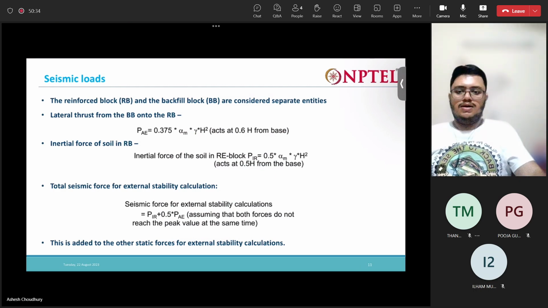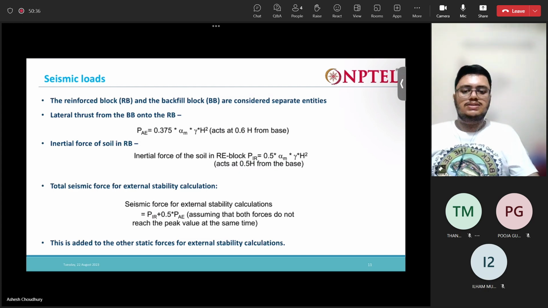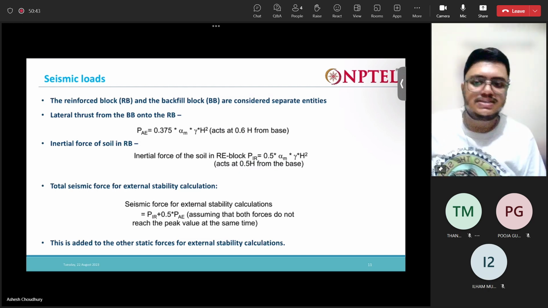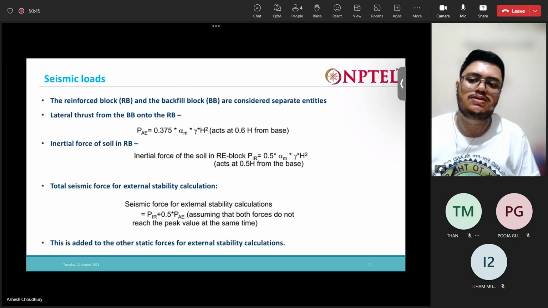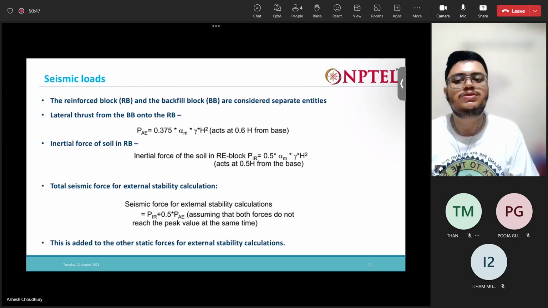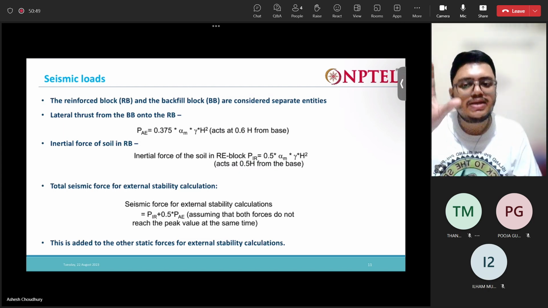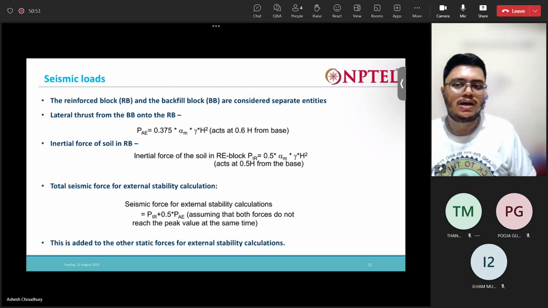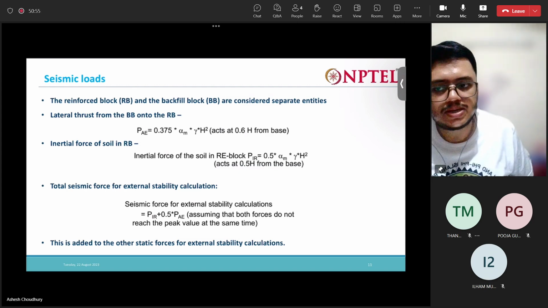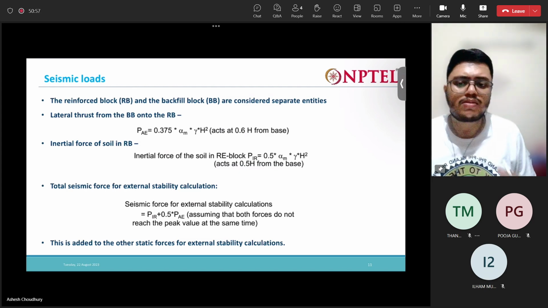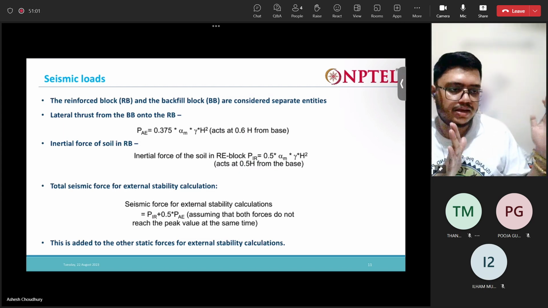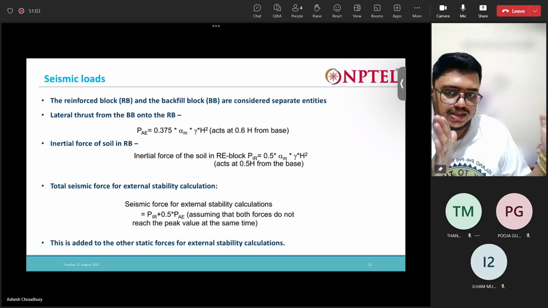Okay, so here it is just detailed how we can determine the seismic loads. In this determination of seismic loads, similar to previous cases, we consider the reinforced block and the backfill block as two separate entities, right? We consider them as two separate entities, and from there, first we determine the influence of the backfill block